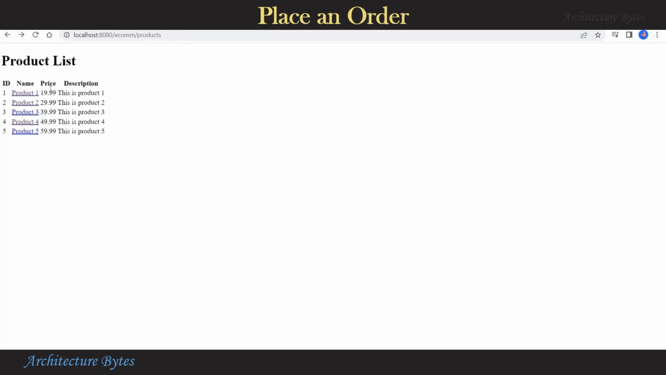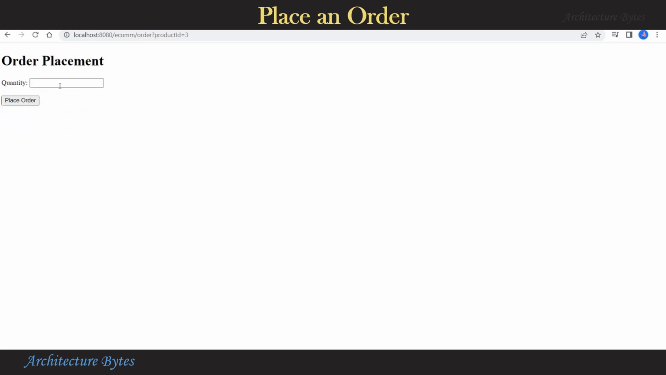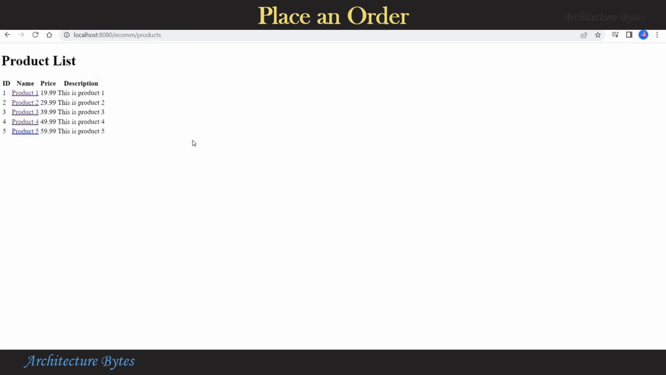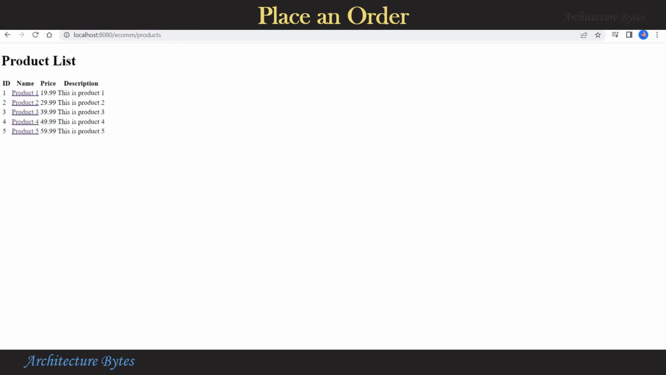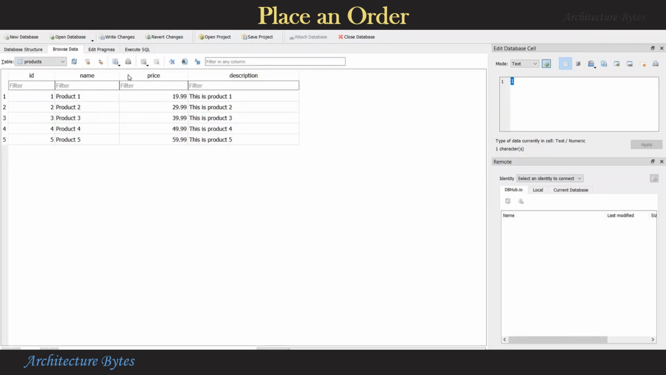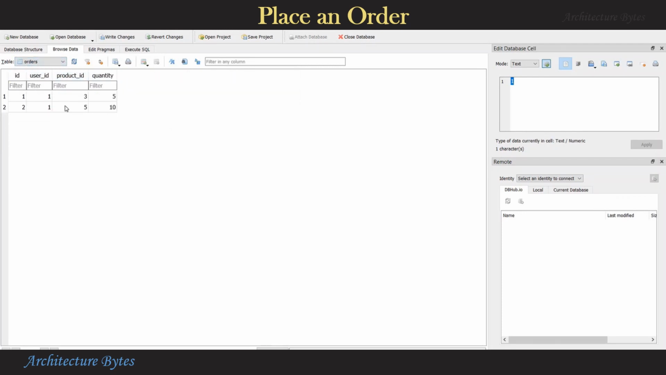Okay, now we will try to place an order. We select product ID 3 and quantity 5 and hit place order. Select another product, let's say product 5, and add quantity, let's make that 10, and place an order. We will go to our database and check whether these orders have been placed. So in the orders table, you can see that against product ID 3 and 5, quantity 5 and 10 orders